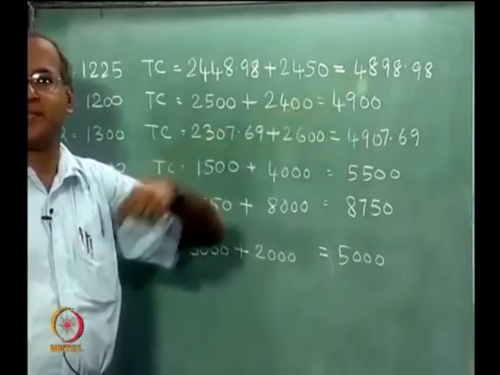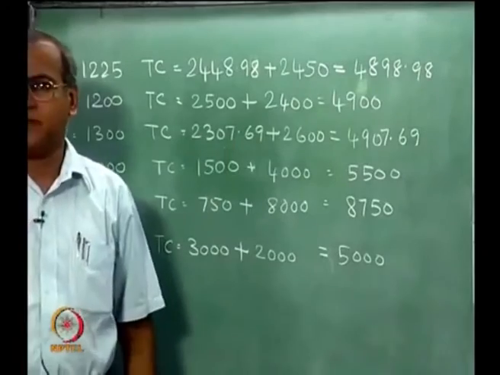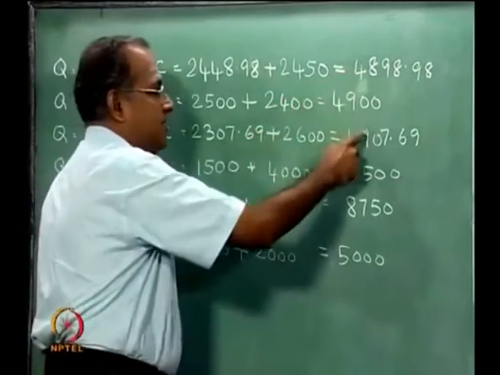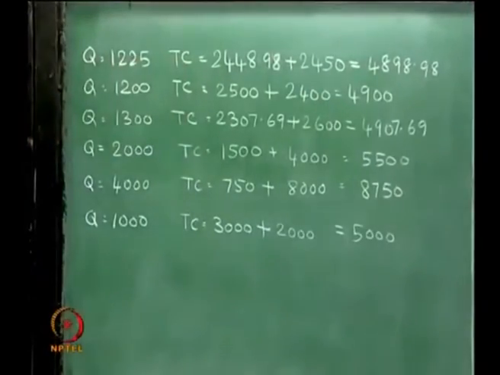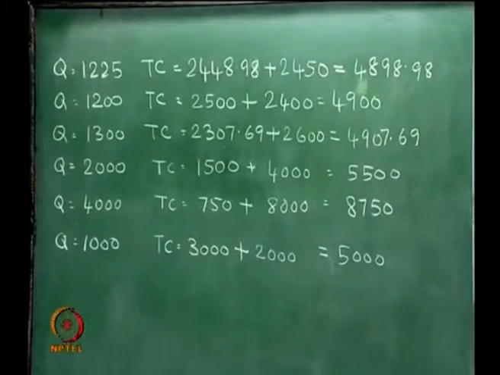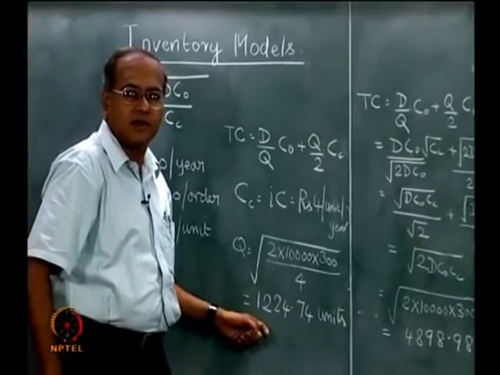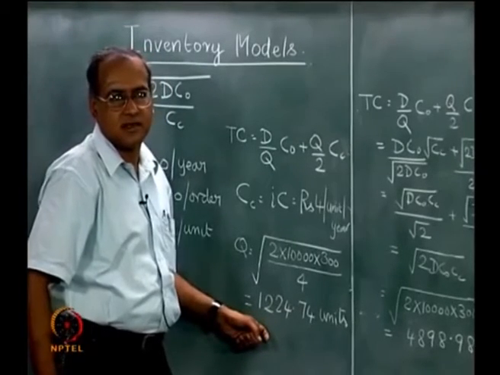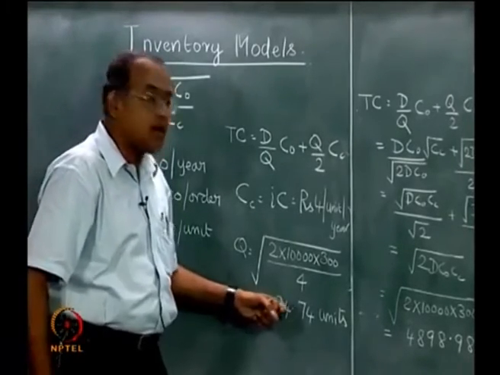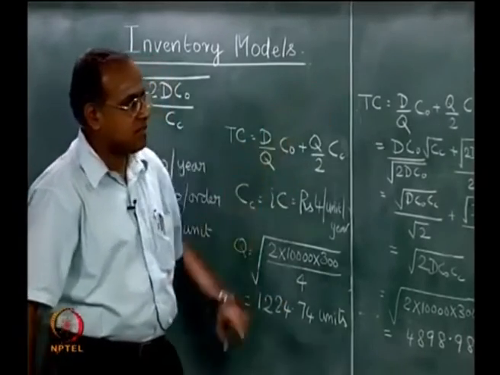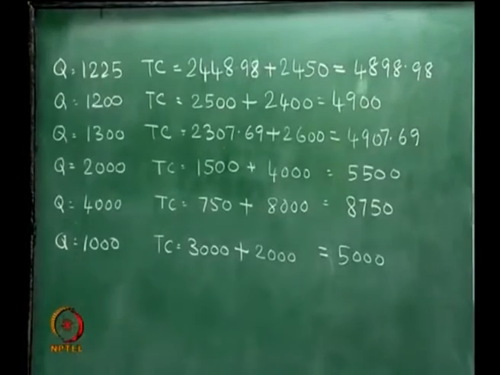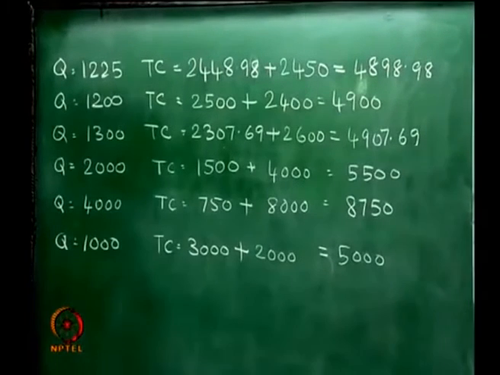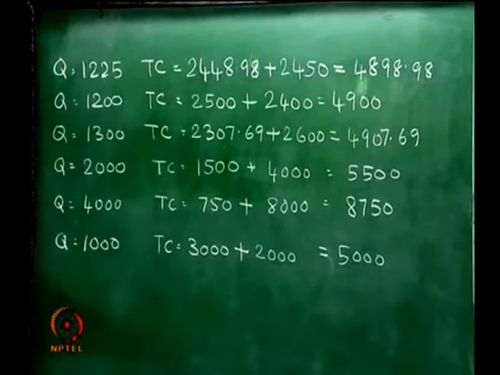So, it is a 0.16% increase. There is a 0.16% increase if there is a 75 by 1200 into 100, which is roughly about 6% increase in the order quantity,